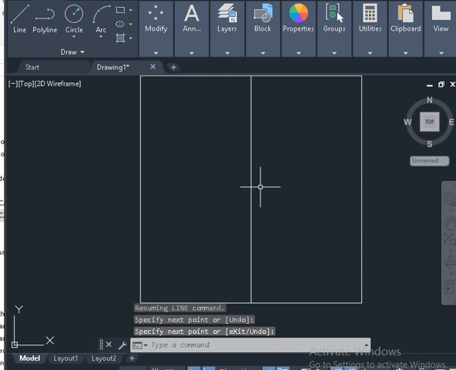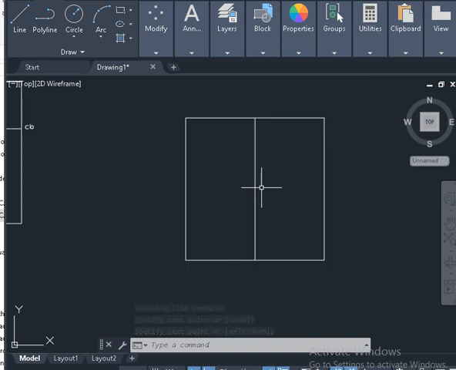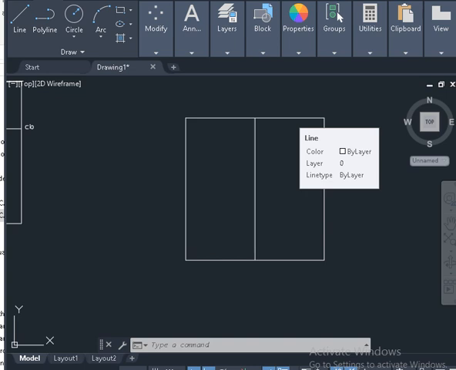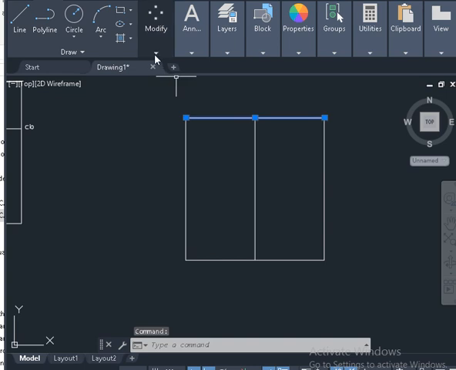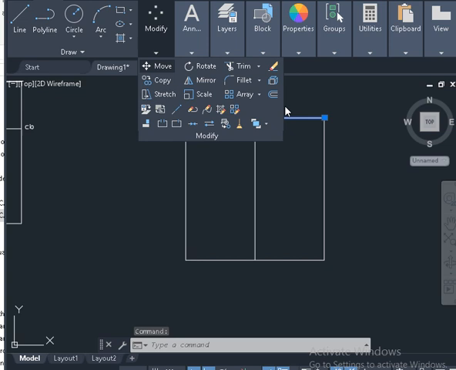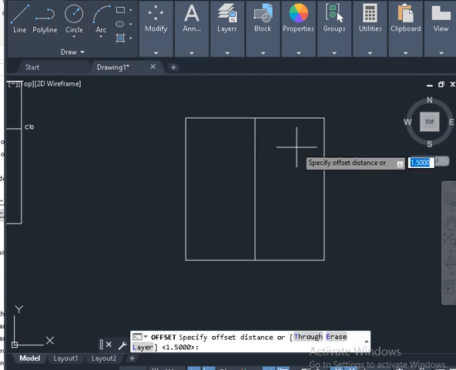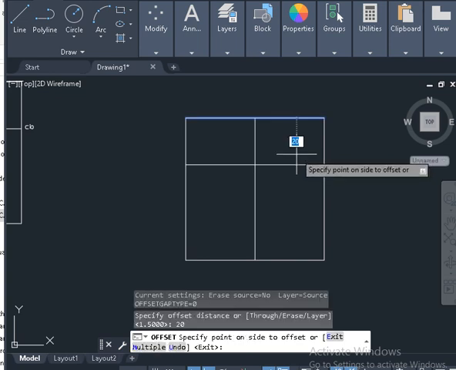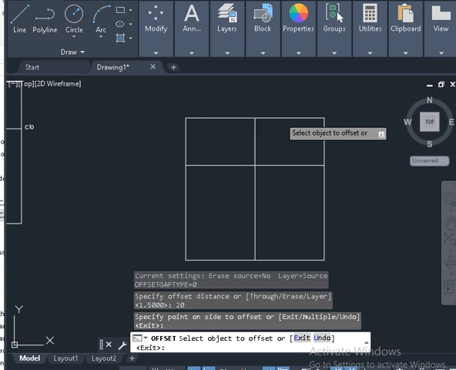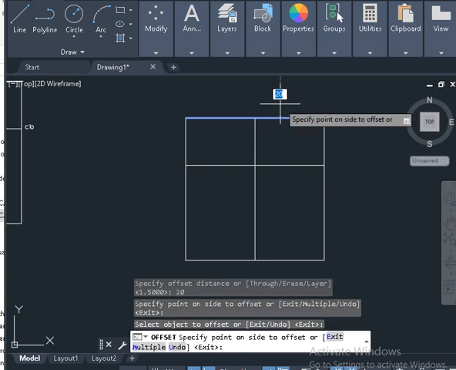Right, once we've done that, we need also to offset this line and get our waist to hip measurement, which is 20 centimeters. Enter, and then offset this line by 1.25 going upwards, which allows us to make